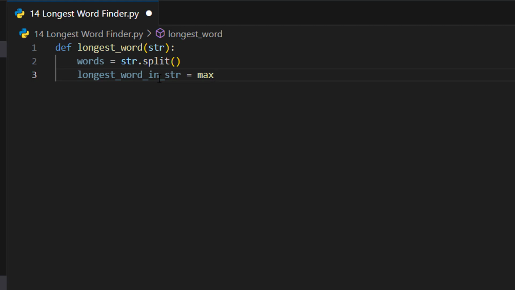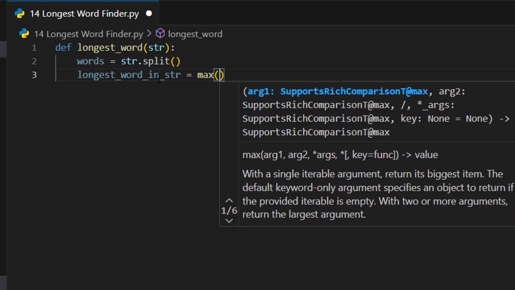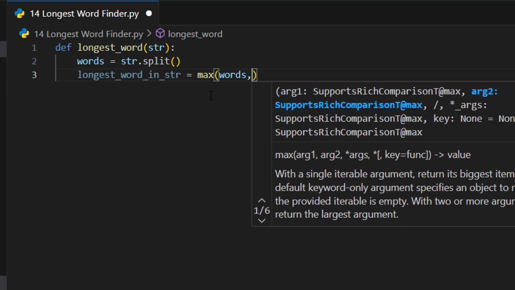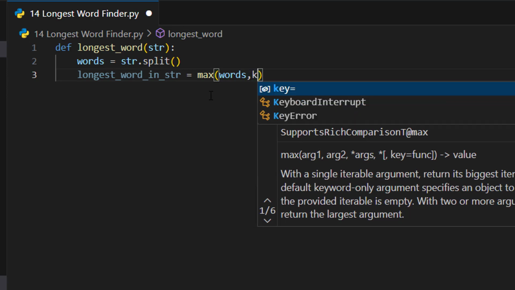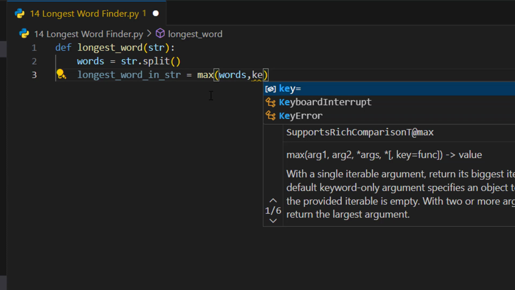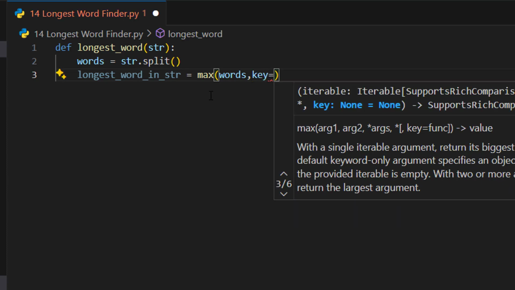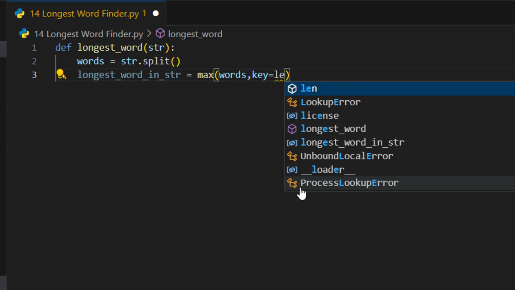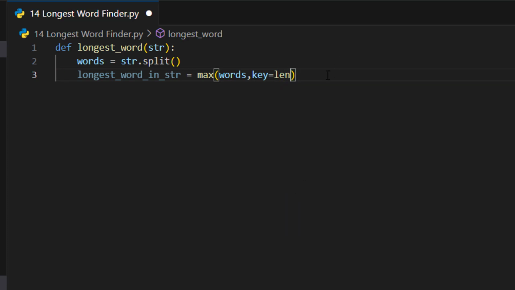Yes friend, and see here what arguments it takes. The first, we are going to take words, and next we have the key value. So here the key value will be length. Yeah, this is the one. That's it. Next, let's print it